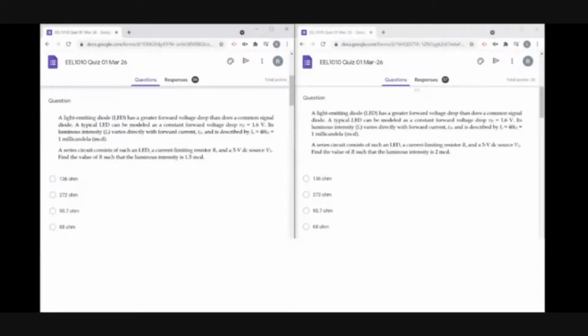Now, if you look at these 2 questions, they are very similar. In fact, they are similar questions. If you look at the options, they are identical. But I've changed one very minor thing. In one set, I said for 1.5 MCD, and the other one I'm asking for 2 MCD. So of these 4 options, one correct option corresponds to 1.5, and one option corresponds to 2 MCD. And like this, I have 2 more sets of questions to which these other 2 answers may correspond, right? So options are identical. Questions look very similar, but they are actually different questions.